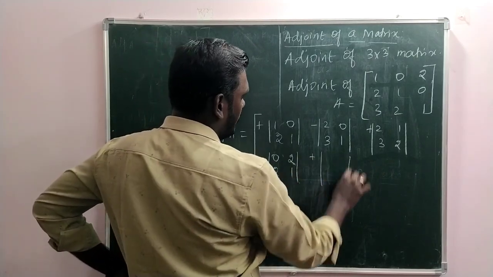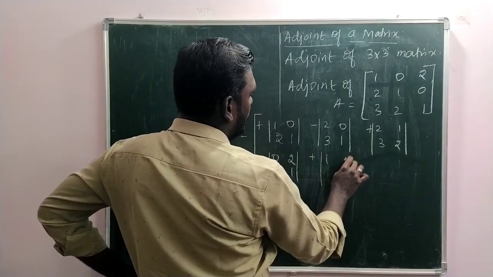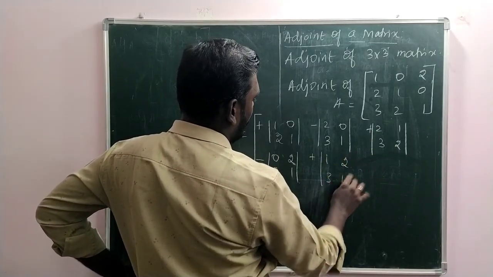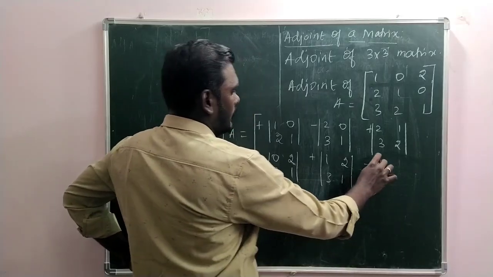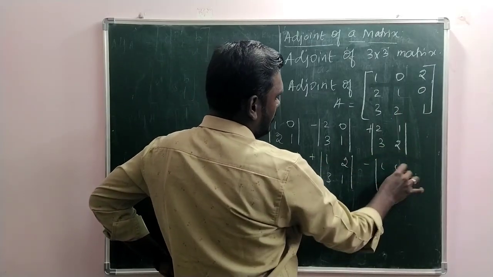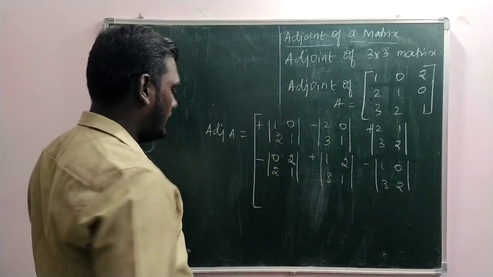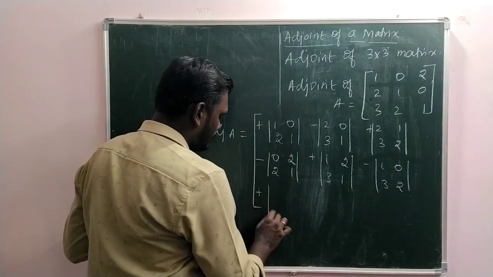And this is positive sign, leaving that row and column, we'll get 1 2 3 1. And this one with a negative sign again for this element, 1 0 3 2, and for this element 1 again with the positive sign,